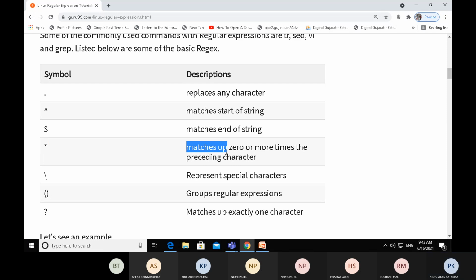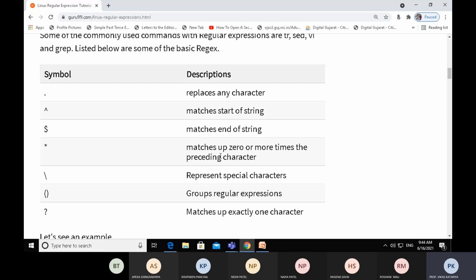Sometimes we want to find out how many times character A occurs in our file. Sometimes we have to count how many times Smith occurs in my file, or a particular name, particular character, particular digit, particular string.